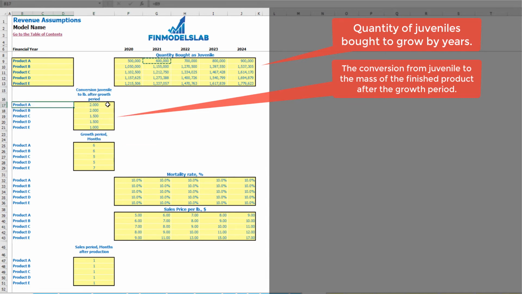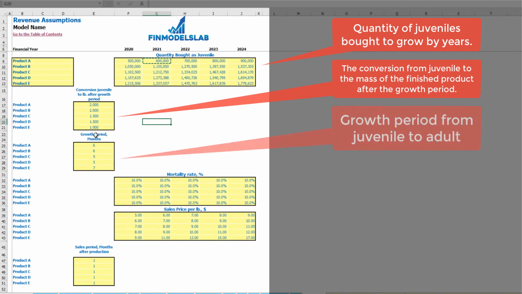So for example, one juvenile can give you 2 pounds of product A, meat or fish. Then you should input the growth period, meaning that starting from juvenile to the final production there will be 6 months, for example. This is also changeable to 3 or 8, any amount of months you need to grow your